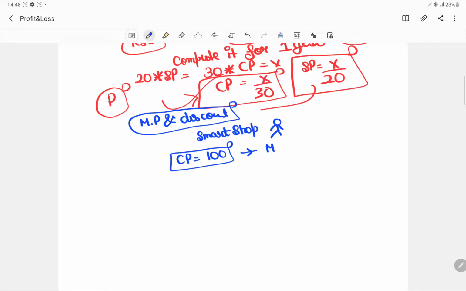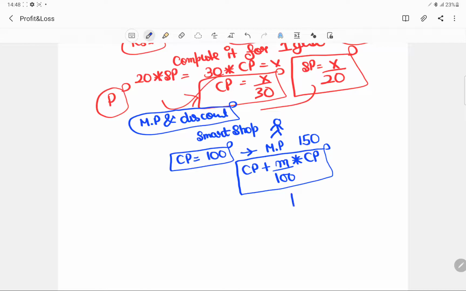So the marked price, just remember it, is always calculated as cost price plus marked percentage upon cost price. So it is always marked over the cost price. So the marked price, for instance with 50%, was 150% of this. So this was like 150. So he actually replaced the tag and put a tag of 150 rupees.